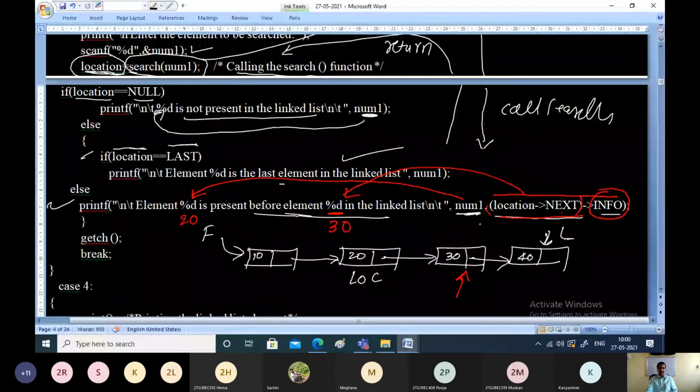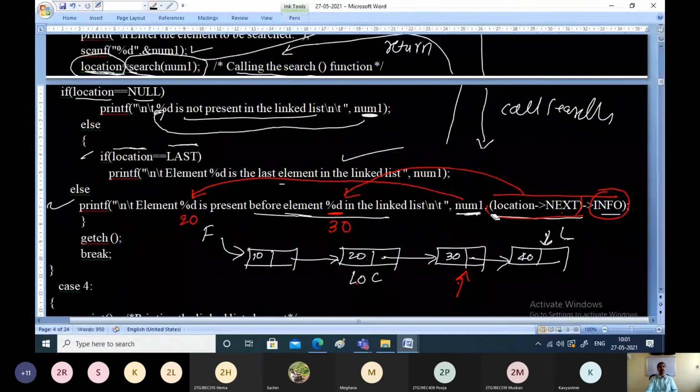So how will it access that? If you want to access this 30, go to location pointer next first, or go to the next node of the location. Location is this node. Next node of the location is 30. So once you go to that node, just extract the information part of that.